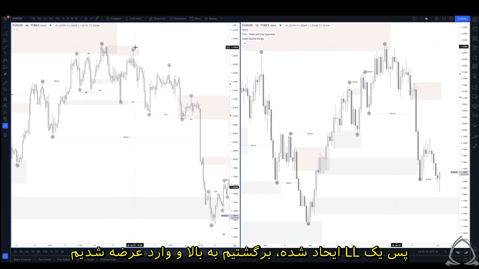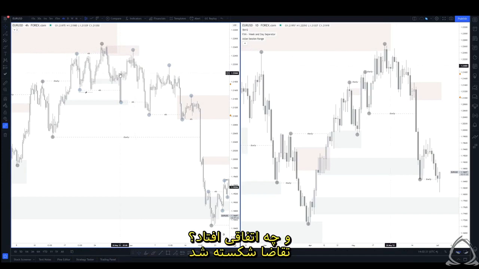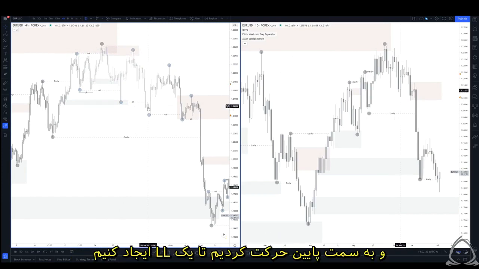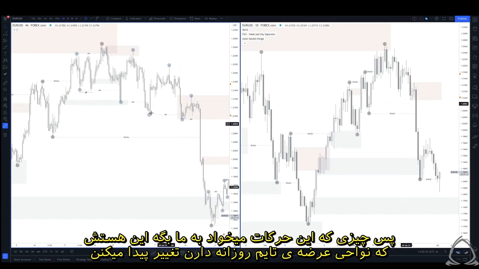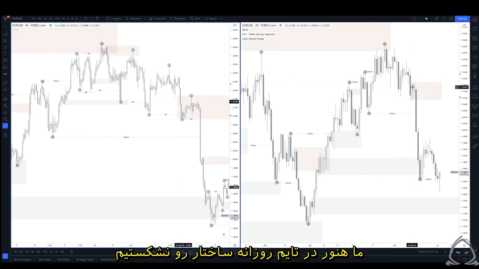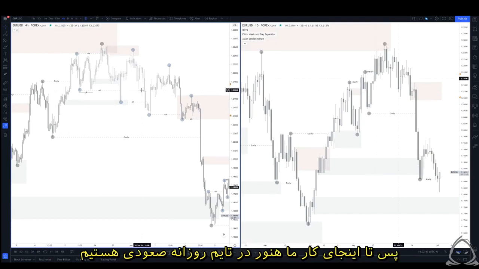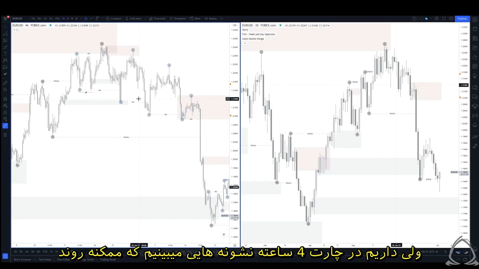We've come back in, we've tapped into supply, and what has ended up happening? We've failed demand, and we've continued down to create a lower low. So what this is now telling us is that the supply zone on the daily chart is starting to change. We haven't actually changed market structure on the daily yet. So up until this point, we are still bullish on the daily, but what we're starting to see is on